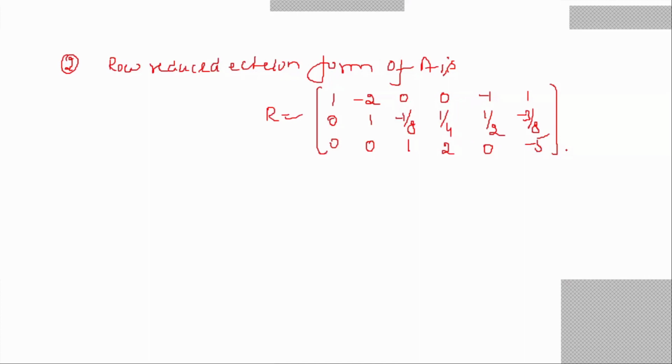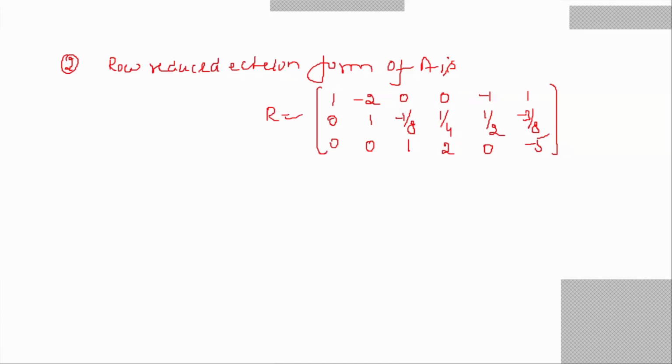Column space के लिए basis for the column space of this row reduced echelon form is the first column, because the first column contains the first non-zero leading element of the first row. So first column 1 0 0, second column also contains the leading non-zero element of the second row. So the second column is also in the basis, and the third column also contains the first non-zero leading element of the third row, so the third column also. So these three column vectors will give you the basis for the column space of this R, and their corresponding vectors in matrix A.